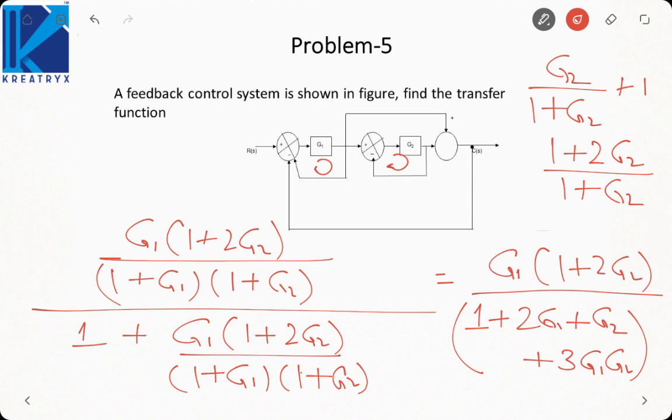So the basic connections are very common. You rarely need to shift the takeoff point or the summer. Those are very complicated operations and they do rarely appear in the GATE examination. But definitely you must attempt one or two problems on each rule so that you are very well aware how you can implement a rule when it comes to solving a problem.